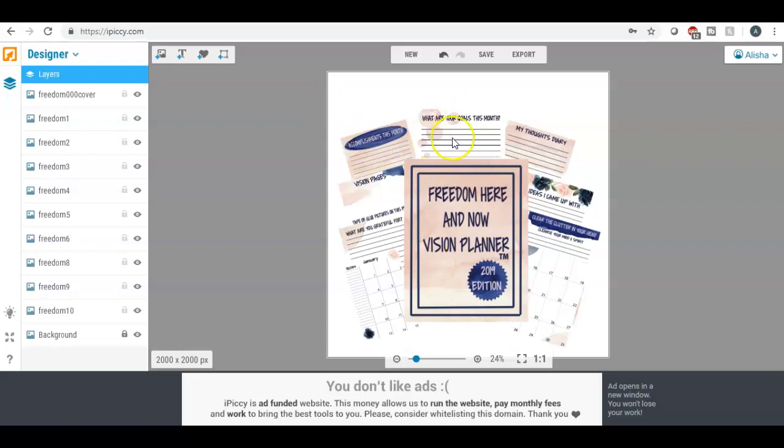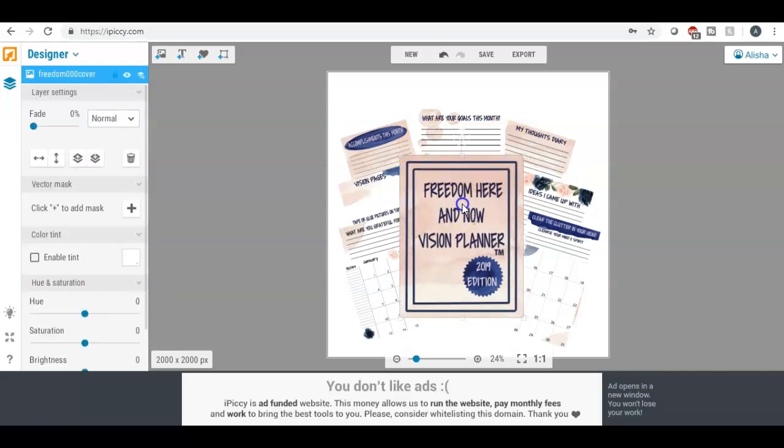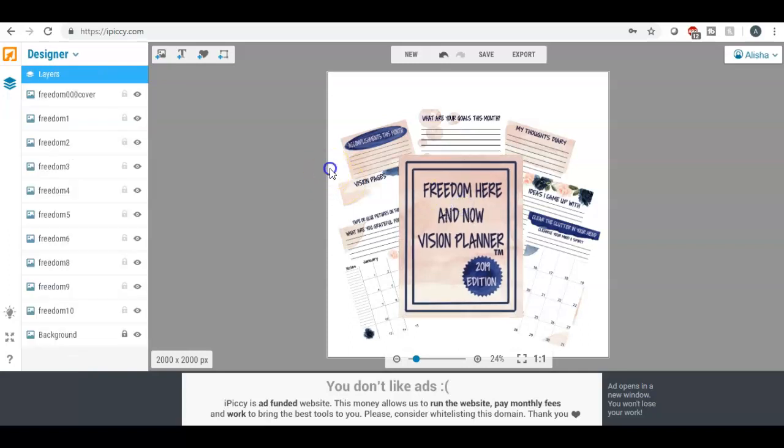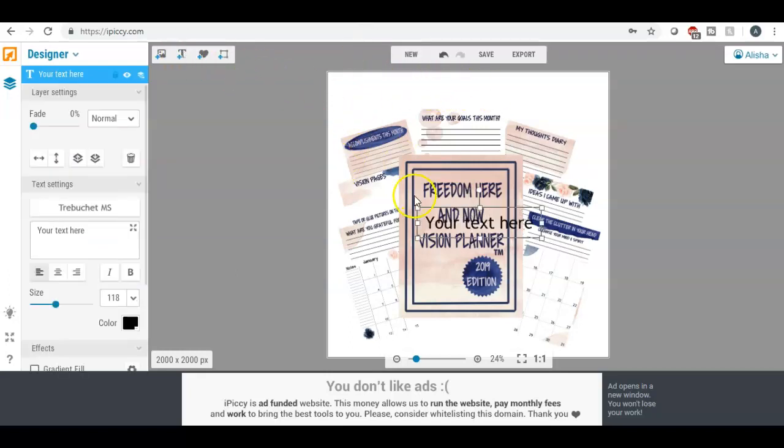And remember, when you're layering, whatever pictures you add first, they're going to go on top of each other as you add them, which is why I added this one last, because I wanted this to be sort of the focal point of the layout. Okay, so now I did allow some room up here at the top where we can add some text. And so I am just going to add